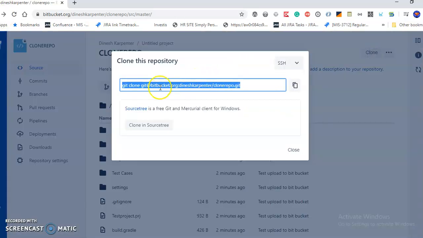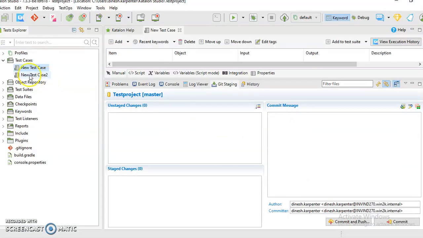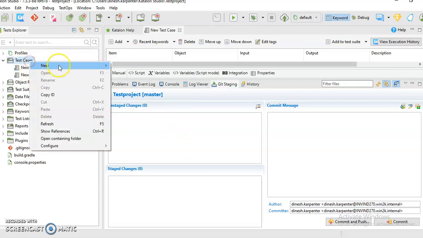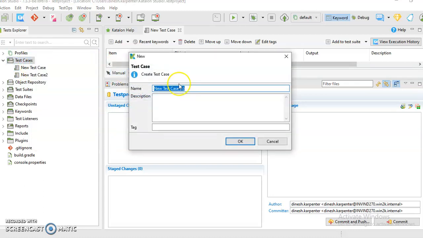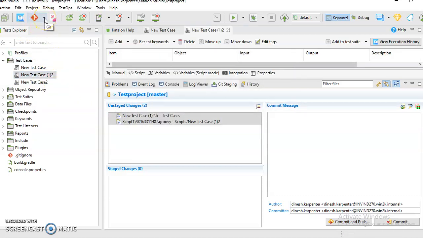You just click on clone, and when you give this SSH or HTTP path to your other friends or team members, they will also be able to copy your same project and start working on the same. Now next time if you do any changes here, if you add a third test case or anything, you have to upload again.